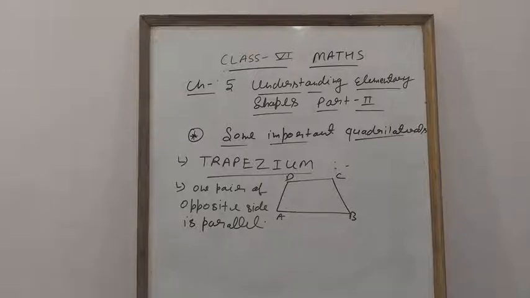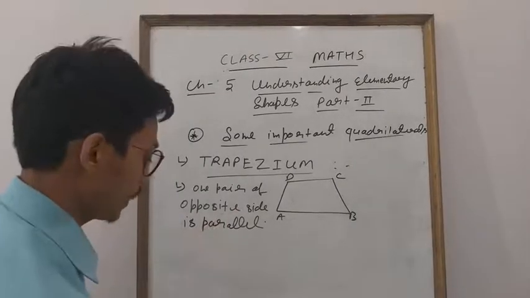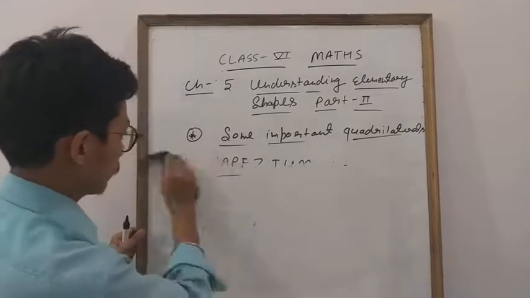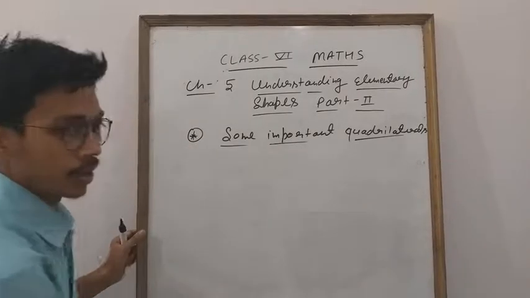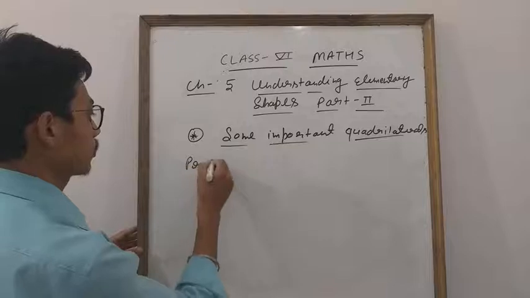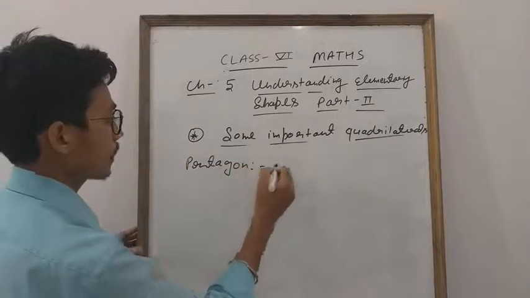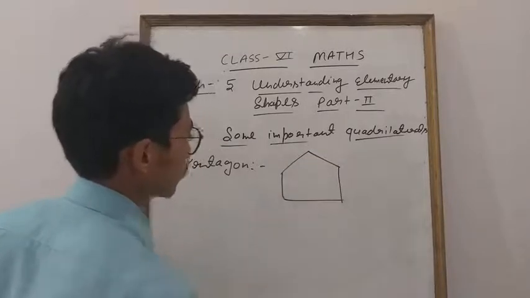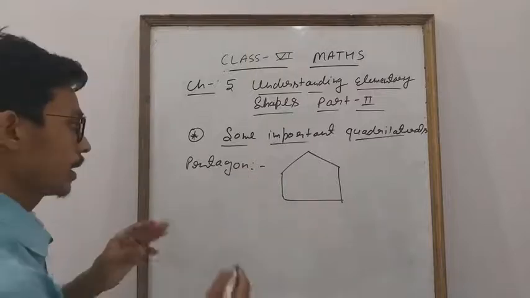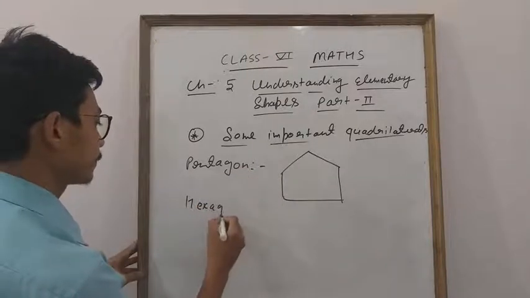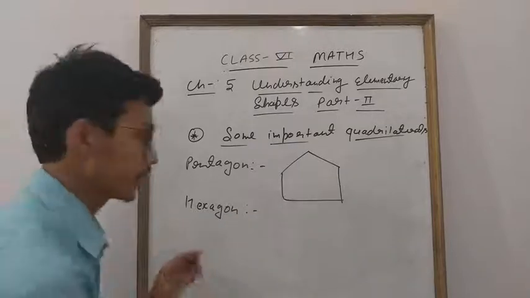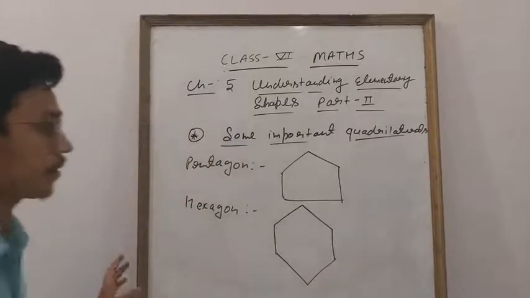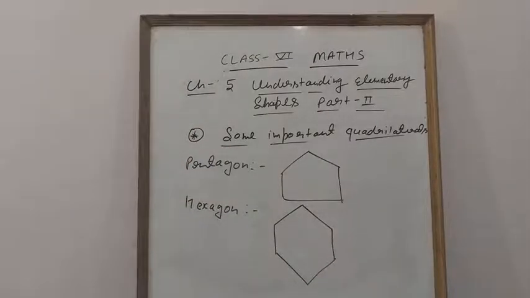Here, everyone, some other things are given, like what is pentagon. Everyone knows what is pentagon, octagon, hexagon. You know very well. Let us draw a pentagon. As the name indicates, student, how many sides does it consist of? 5 sides. So you can make 5 sides. See, this is our pentagon, or many other types you can make. Hexagon means 6 sides. So you can make 6 sides: 1, 2, 3, 4, 5, 6. So this is our hexagon. On the basis of this, you can make octagon, nonagon.